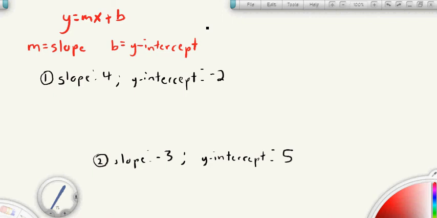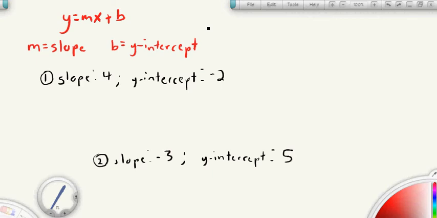Hi everyone, welcome to writing equations in slope-intercept form. This is perhaps the most basic way we can do it. We're going to learn a couple different ways to do it. And here would be if you were given the slope and the y-intercept of an equation, how you would write